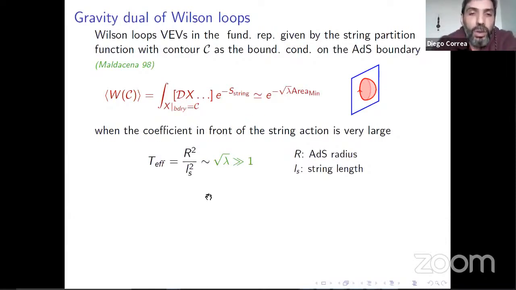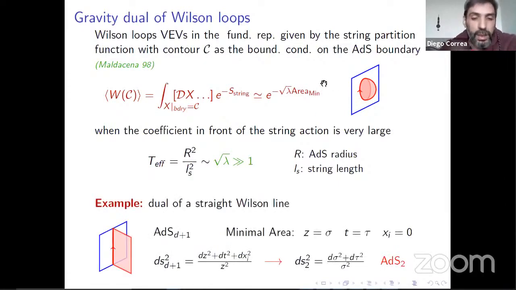But if you're in a regime in which the coefficient in front of the string action is very large, this is typically the square root of the 't Hooft coupling in the dual gauge theory, you can just approximate this by a saddle point. At the end of the day, among all the possible open string configurations, you just focus on the one that has minimal area. So just to set an example, and because it's moreover the example I'm going to be interested in today, let us consider